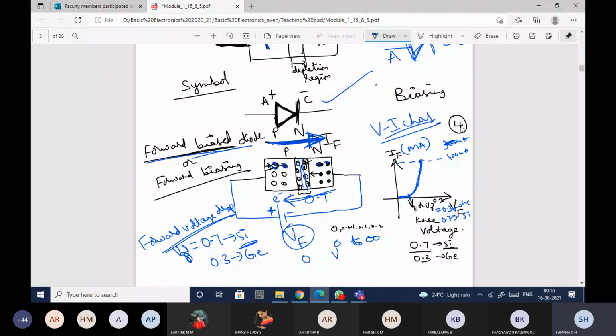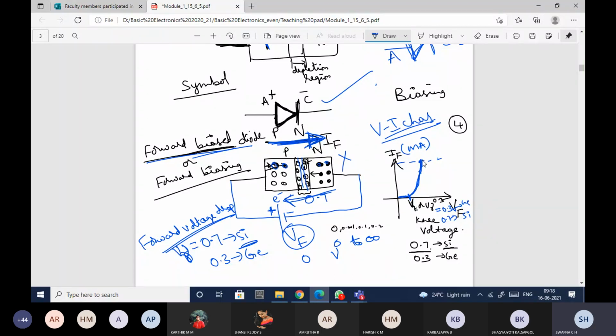Okay, based on the doping, based on the type of the material used, the manufacturer will also give the restriction on maximum forward current. It should not exceed that maximum forward current. If it exceeds, the device will get overheated, and you will not have control, and this diode will be damaged.